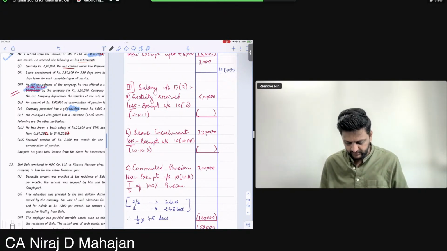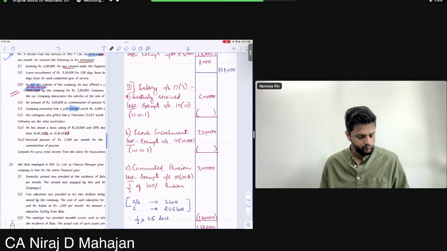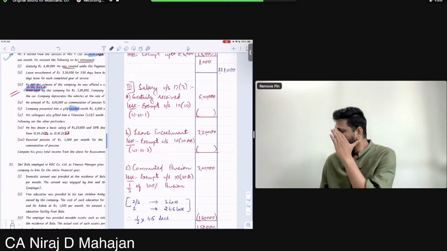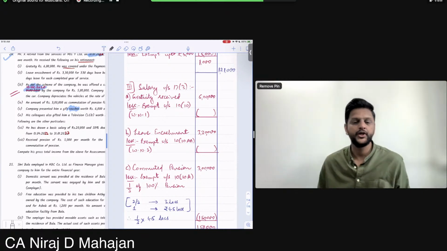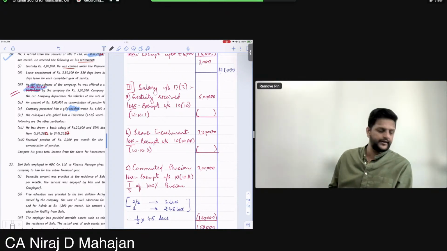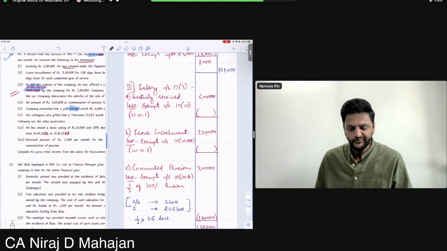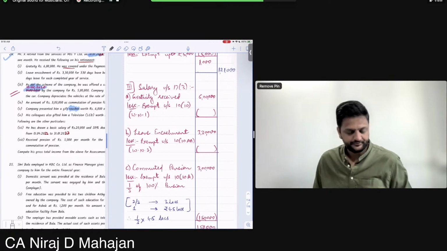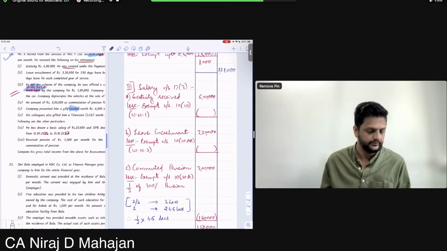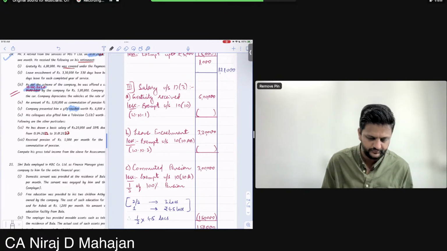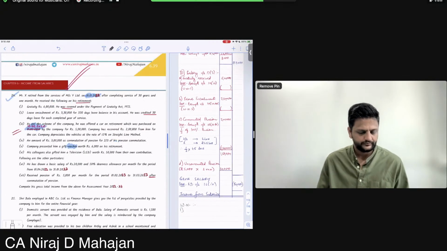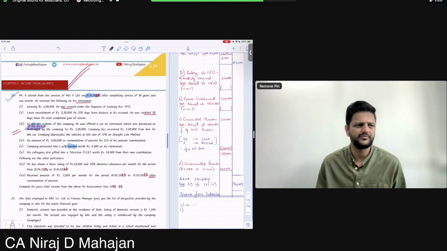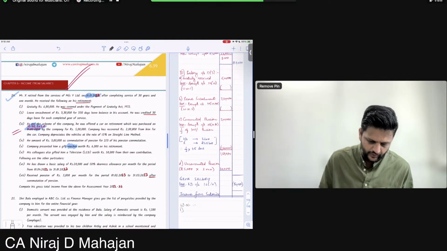Ready, everybody? Into what? Into completed years of service, na? And more than 6 months is taken as 1 year. But here he has completed how many years? 30 years 1 month. So we're going to take 30 years only. है ना? Write down gratuity exemption.